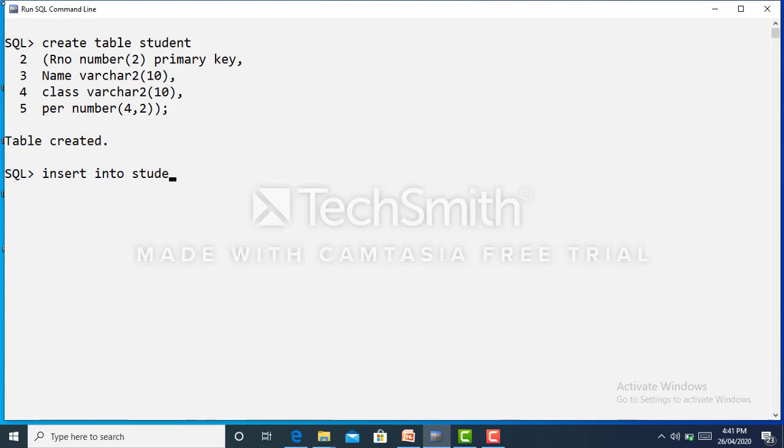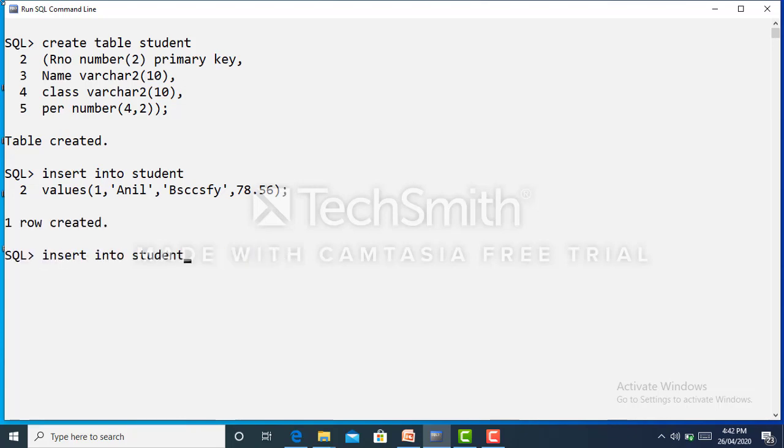Insert into student values, the roll number, suppose 1, comma, the name Anil, comma, class DSCCSFY, and the percentage 78.56. Now this record is created.